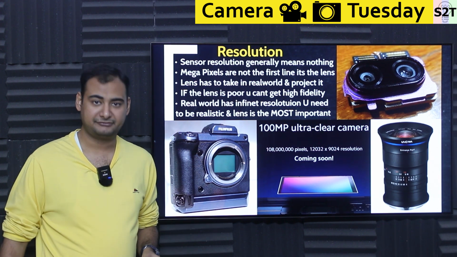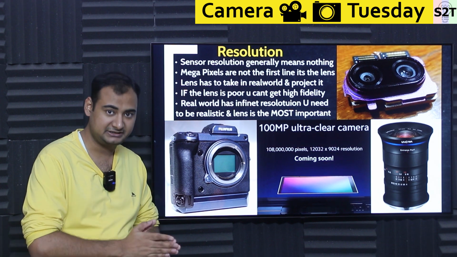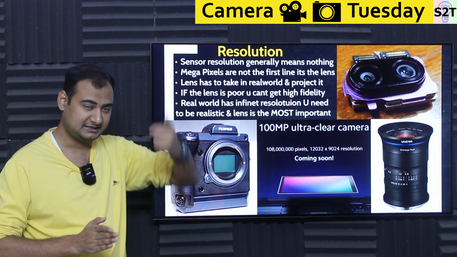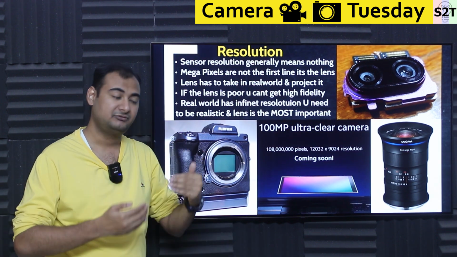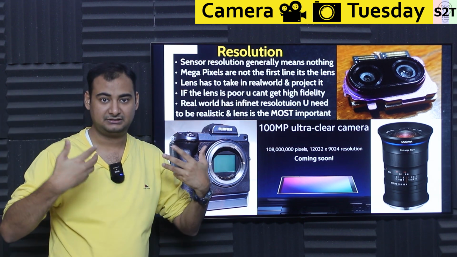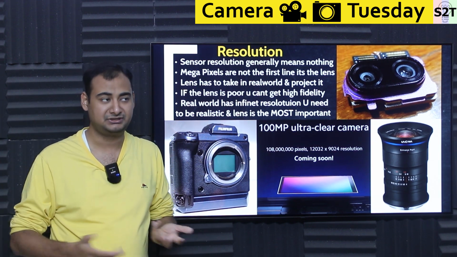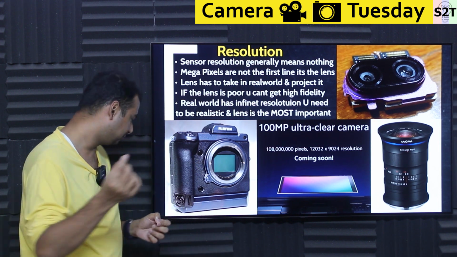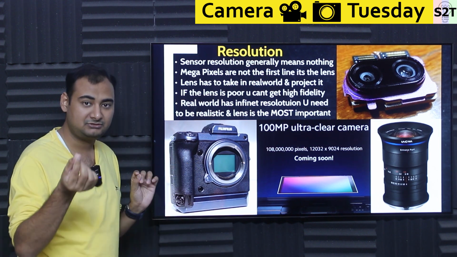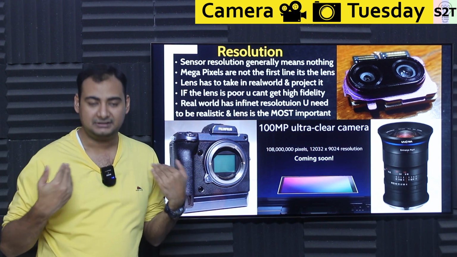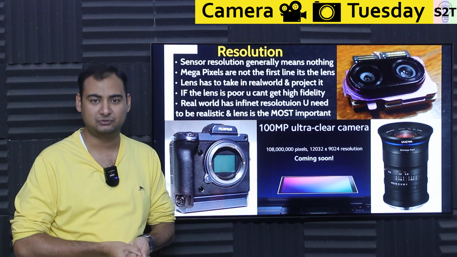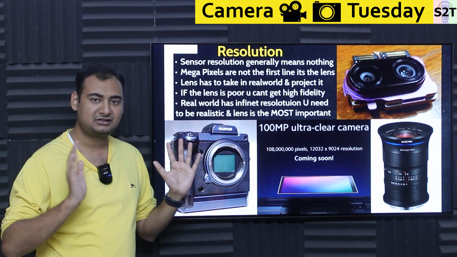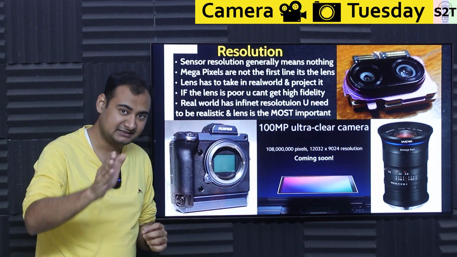And the real world has infinite resolution. So let that be very clear. In the same way an audio signal is an infinite continuous signal, the scene you are seeing can have infinite resolution also. Meaning, if you had a magical lens, let's say an alien technology lens, you should be able to zoom in on one corner, even into a sub-pixel. But the real world is a bit more limiting, so to say. So infinite resolution gets squashed down by the lens itself.